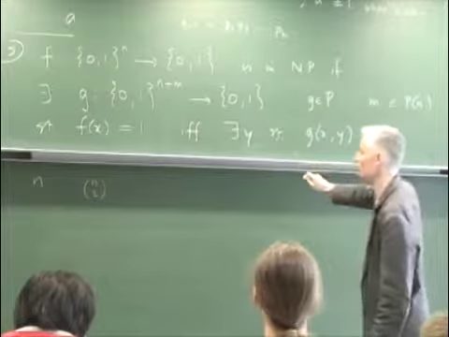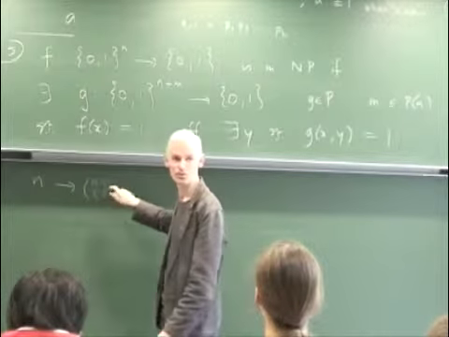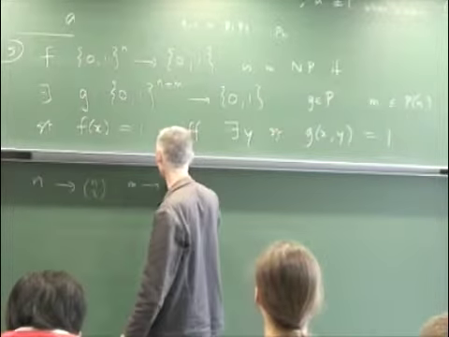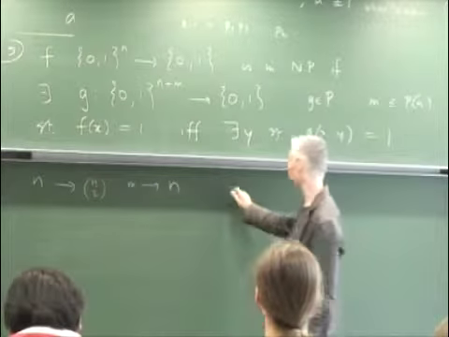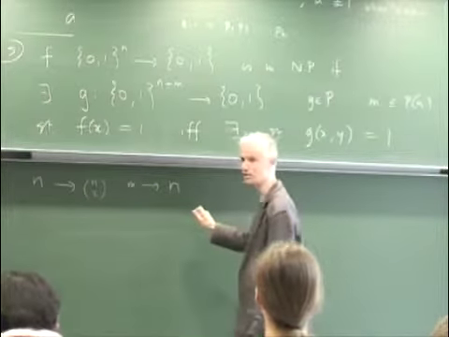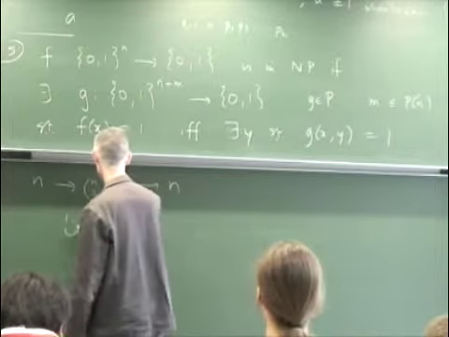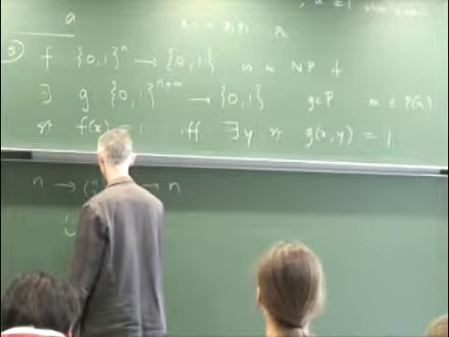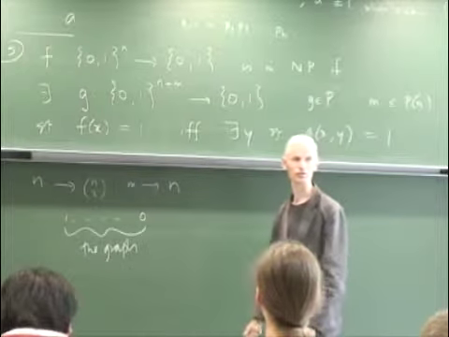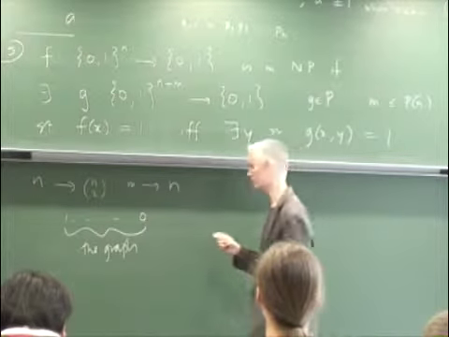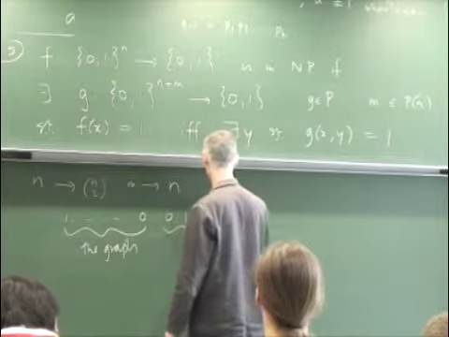We'll choose as m. So n, instead I'm taking n choose 2, and m I'm taking as n in this particular instance. So now I've got, what will g be? G will be the function that does the following. You input a sequence of length n choose 2, which represents a graph with n vertices, and it tells you which edges are in and which edges aren't in. And then another sequence